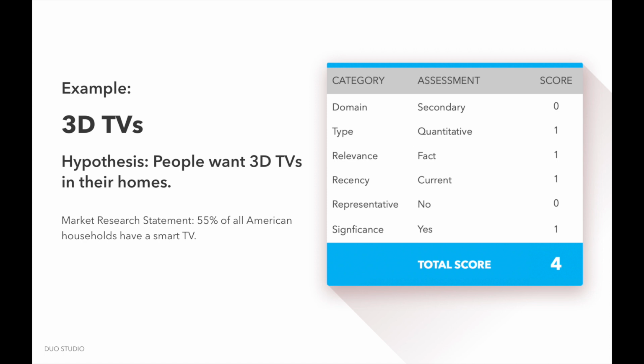Let's assume for this conversation that this statistic of American households and smart TVs was gathered around the same time of this initiative, right? Maybe within 6 months. And that's a threshold that companies need to set when they're evaluating market research. How much of a threshold can we accept as current? Every industry is different. If you're in the biomedical pharmaceutical industry, the life cycles of products are much longer. One might argue 5 years is considered current. Anything outside of that would be the past.